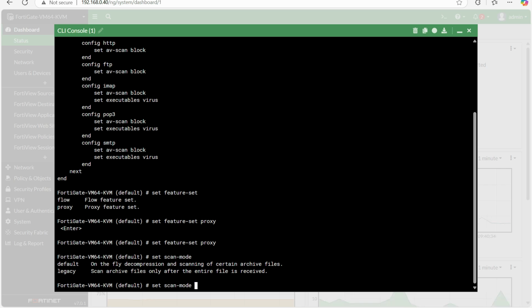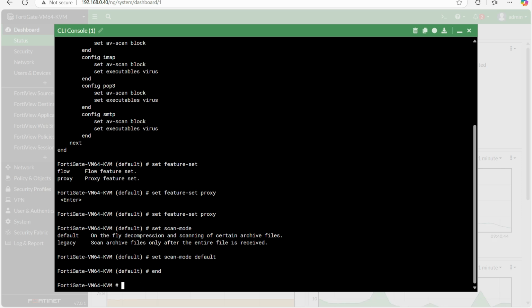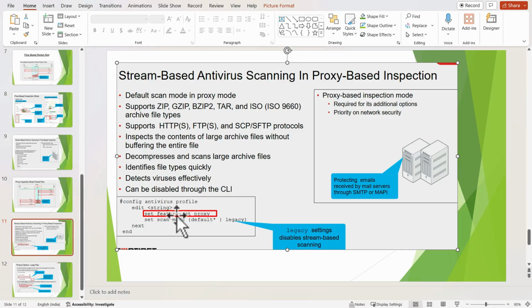Let's say I am using the default one, which is stream-based scanning. So now edit and end. This is the way we can configure stream-based scanning, or if required, we can disable stream-based scanning on the Fortinet firewall.